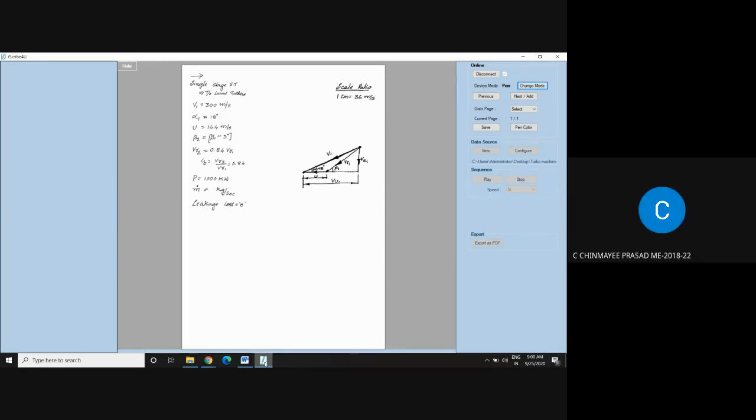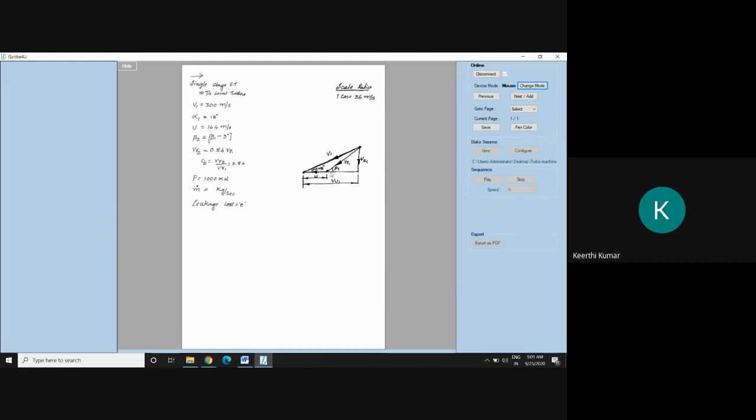Sir, how did you get that angle after U? See, after drawing U, from one end of the U, you join the line to the apex of the V. V1 is fixed, no? The angle is known, the length of V1 is known. From here, the angle of V1, where is it? Alpha 1, 18 degree. I have shown 18 degree.